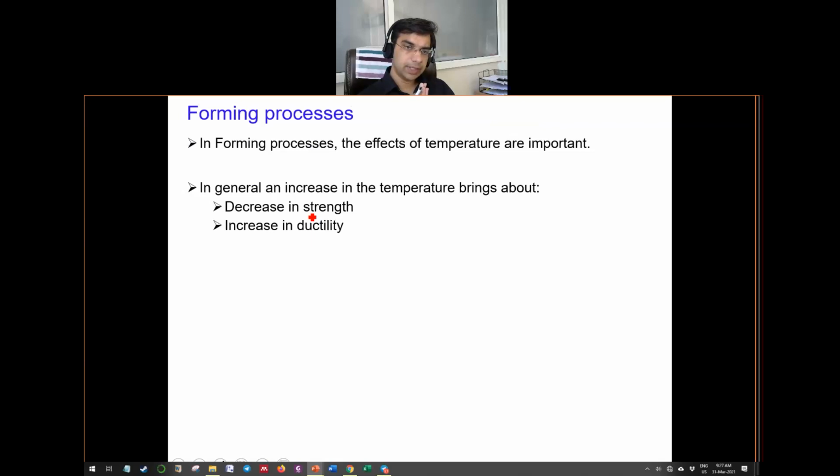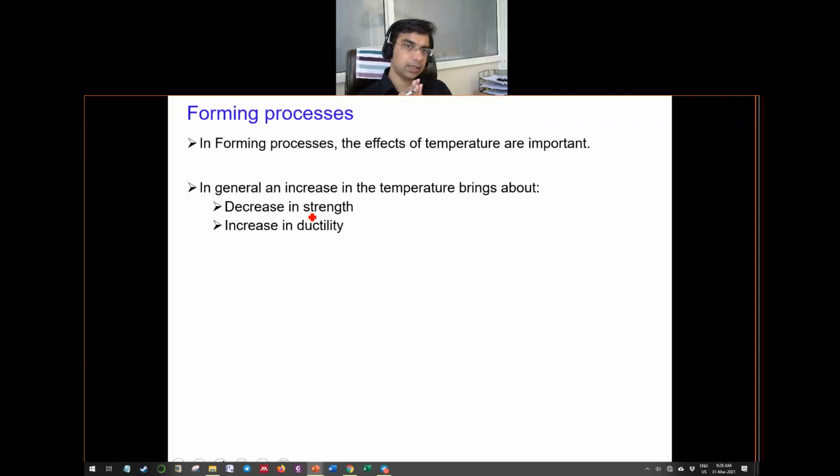This is very much the same if you see a block of butter and you increase the temperature of that block of butter. What you will observe then is, if you pass a knife through it, you can easily pass the knife if either the knife is heated or the surrounding temperature is high where the block of butter is placed. But if the surrounding temperature is less, the strength of the block of butter is quite high. So in that regard, you will have to apply more force in order to cut it apart.